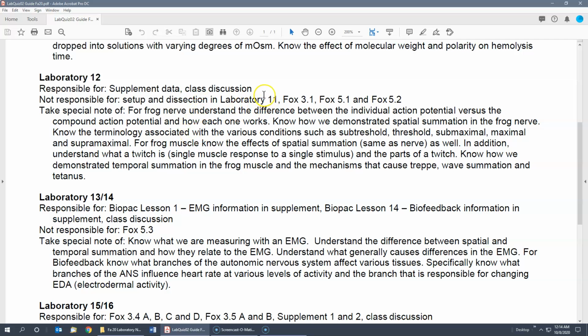And then know, like I said, the different parts of temporal summation, what happens in treppe, wave summation, and tetanus from an experimental standpoint, and then what are the mechanisms that cause those, right? Remember we said treppe is an increase in calcium, and that gives an increase in contraction strength. Wave summation is an increase in calcium, and because it doesn't go back down to baseline, the pre-stretch of the series elastic elements. And then tetanus is the same as wave summation, except now we have the tonic muscle. And so in tetanus, the frequency is high enough to recruit that tonic muscle we see in the frog gastrocnemius. So that's